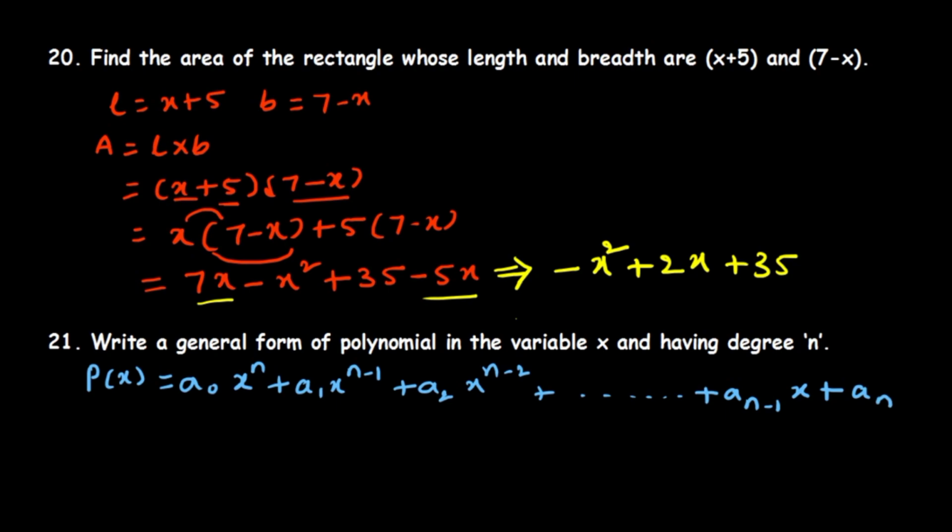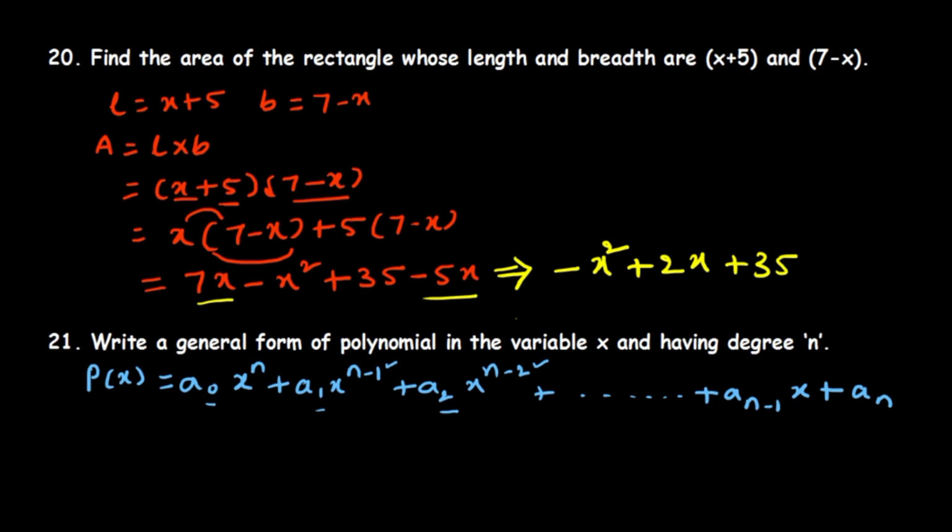So it is a very important question. Some of you may be a little bit confused, but there is no need to be confused. When you have a1 here, you will get power n minus 1. When you have a2 here, you will get power n minus 2. Here it is 0, so n minus 0 is n. So a naught x power n plus a1 x power n minus 1 plus a2 x power n minus 2, and so on, a n minus 1 x power 1, plus a constant finally, that is an.